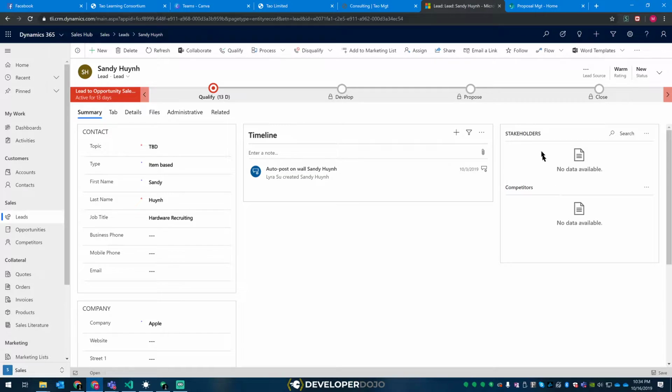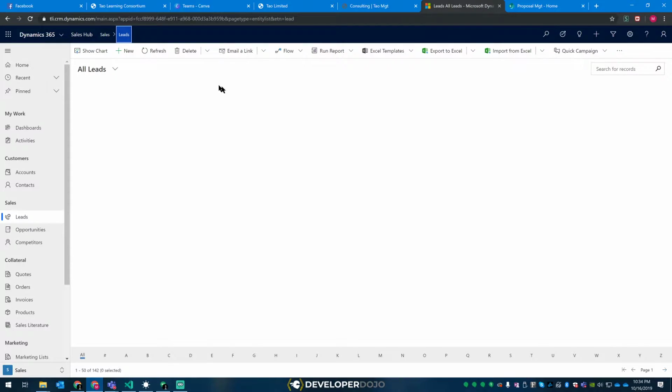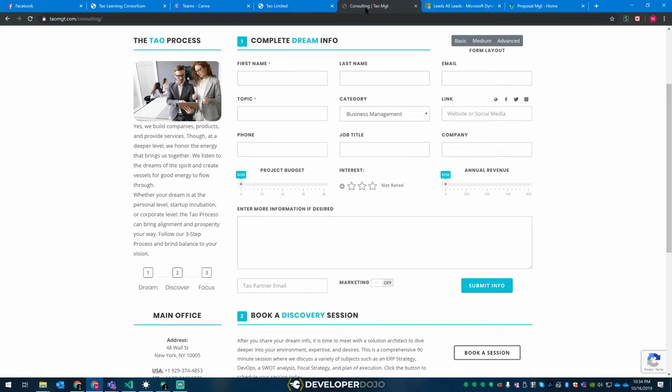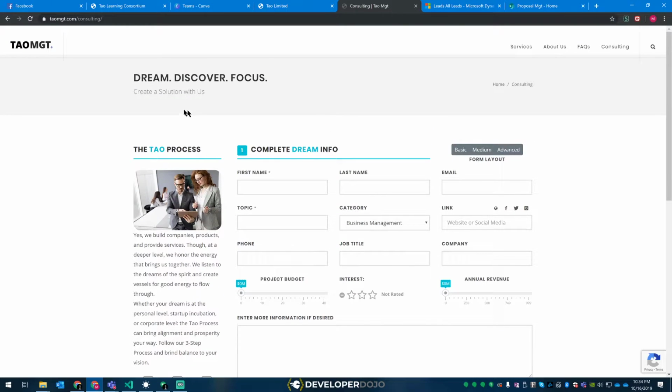So this is really what we're looking for: someone that is happy to work inside this platform. This is called Dynamics 365. Work inside of it, talking with all of the leads that we have in here, and going out and generating new leads, telling businesses to come over and fill this form out so that they can get consulting from us,